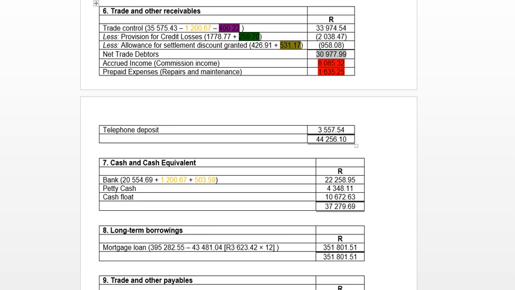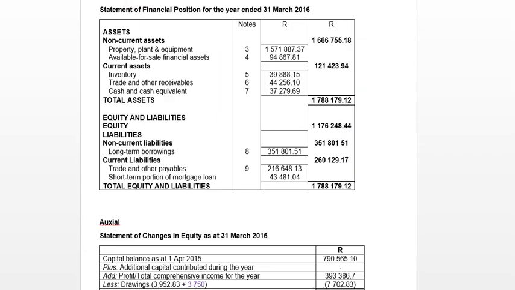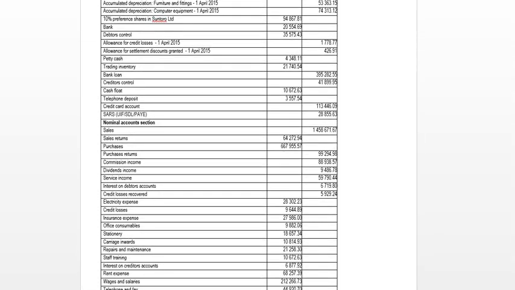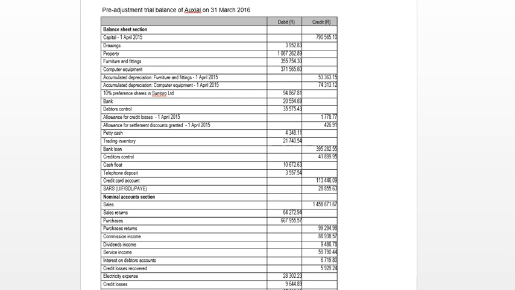So our accrued income was our commission income, 8,085.32 cents, and our repairs and maintenance of 1,635.25 cents. And if there's any deposit, you also need to account for that. So in your trial balance, you'll find a telephone deposit of 3,577.54 cents. Okay, cash and cash equivalent in our trial balance, that will be our petty cash of 4,348.11 cents, our bank account of 20,554.69 cents, and our cash float of